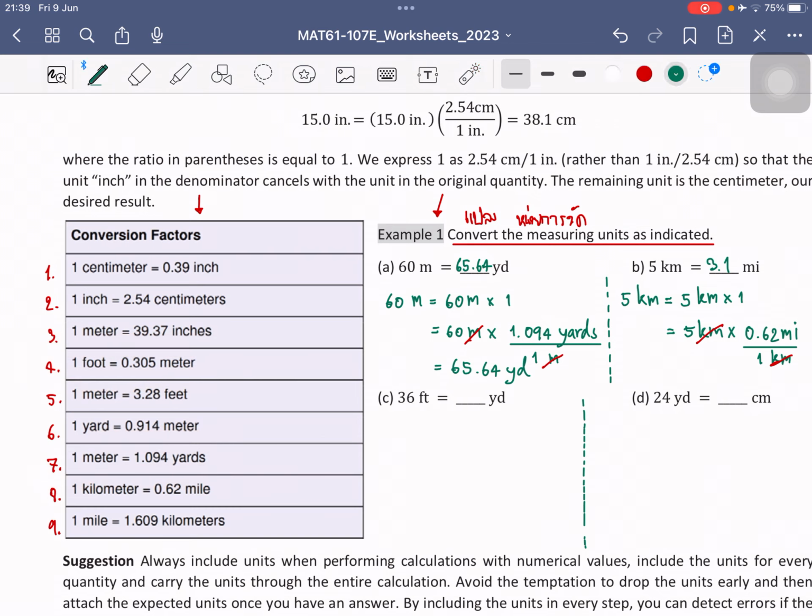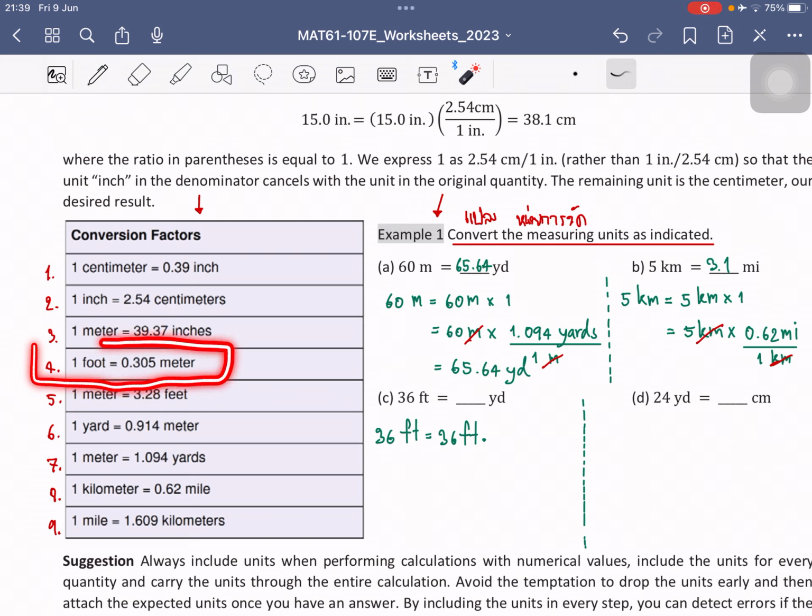So how can I change it? 36 feet equal to 36 feet. I want to change from feet to meter first. Is that correct? It's correct. I want to change from feet to meter. So then I get 0.305